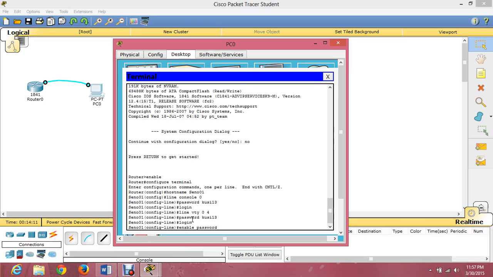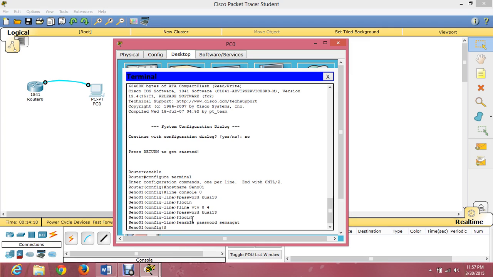I use the password semangat. Enter. Great guys, I'm sorry, we have the password for when we switch from the user execute mode to the privilege execute mode.